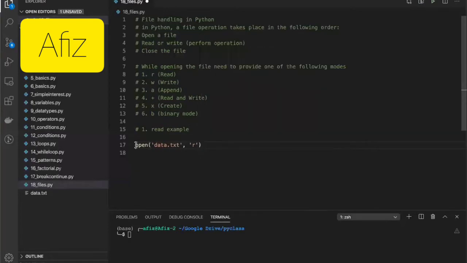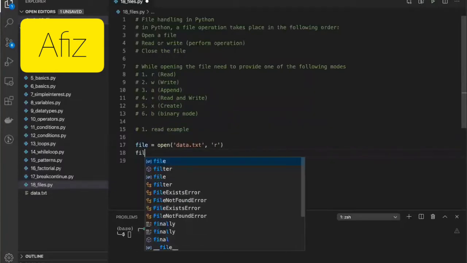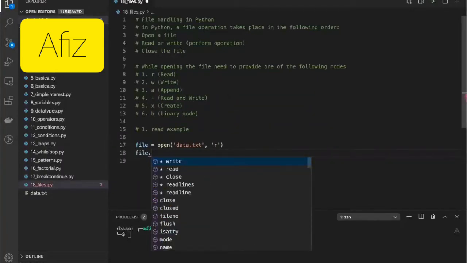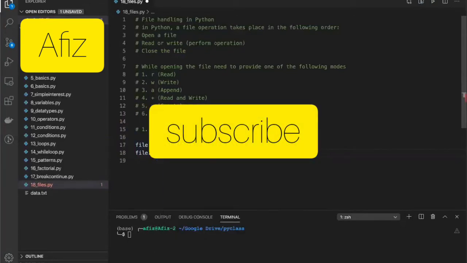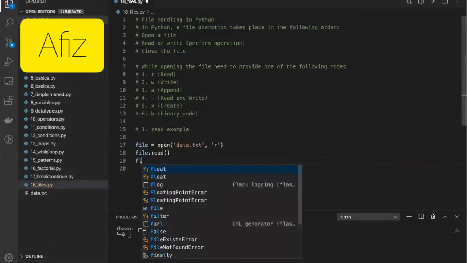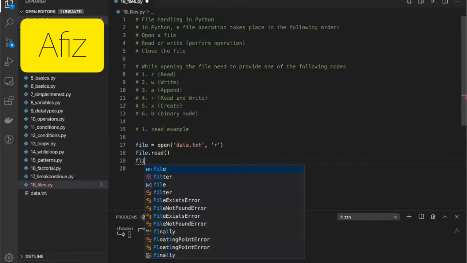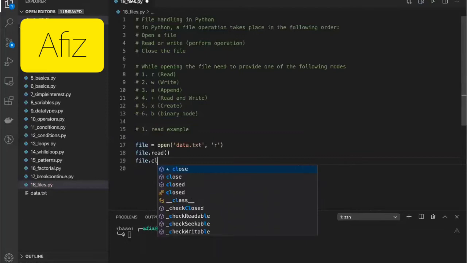The entire thing I will save in a variable called file here. Now I open the book. The second step will be the action. Now I want to read it. For reading it, I need to use the file variable which has the file pointer from the open. And now I can read it. And finally, we need to close the file.